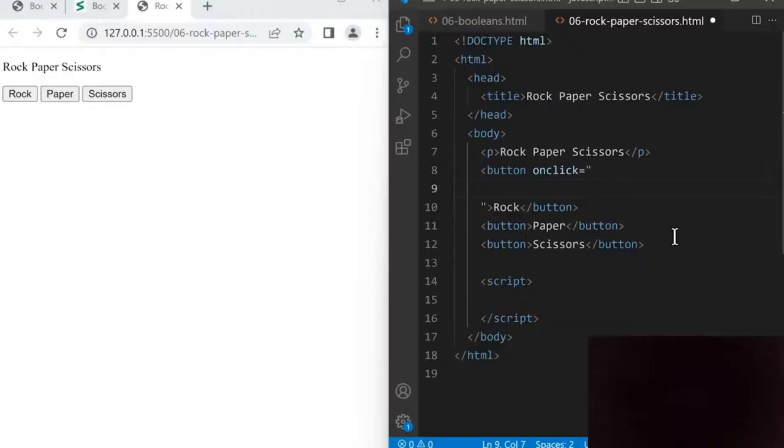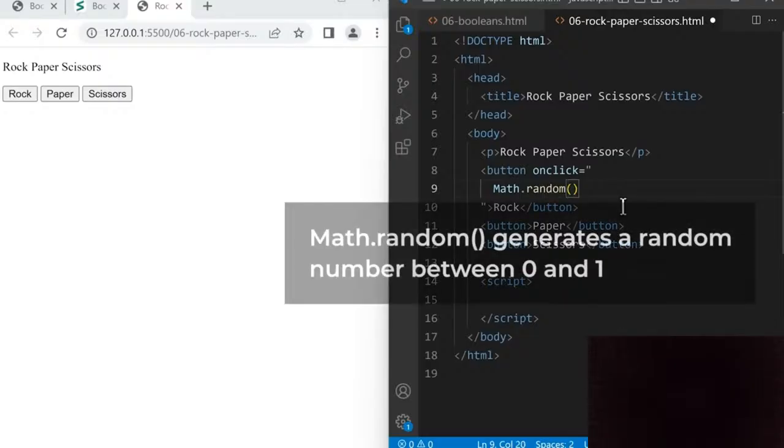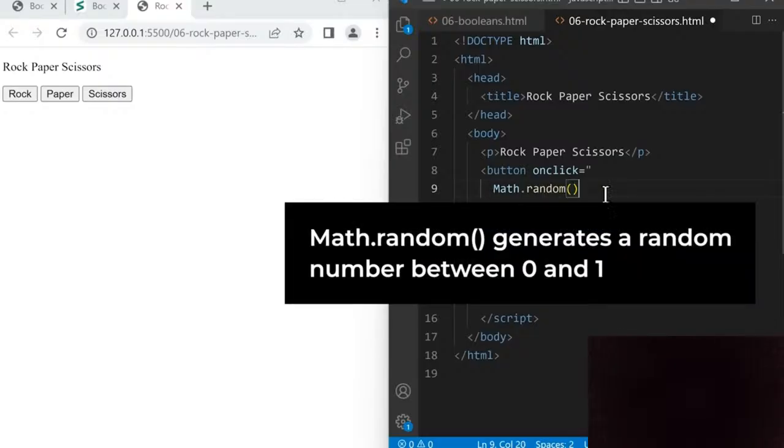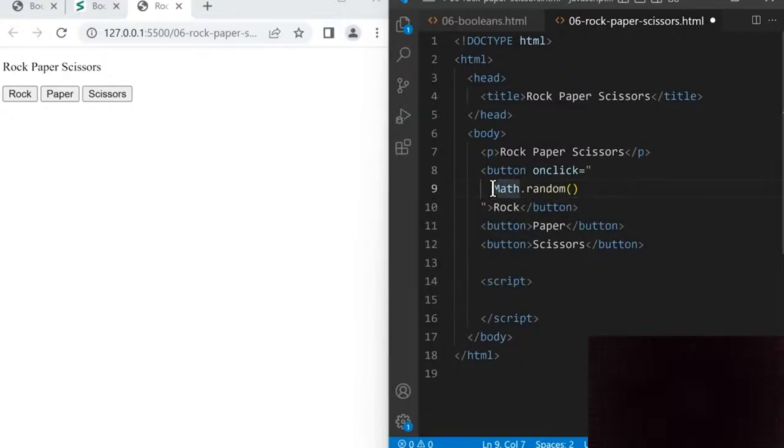So here, we're going to type capital M math.random, open bracket, close bracket. Math.random generates a random number between 0 and 1. So if we console.log this, console.log, and save,